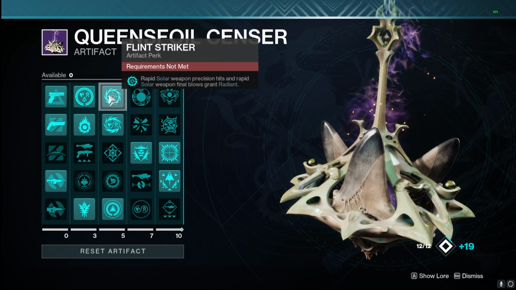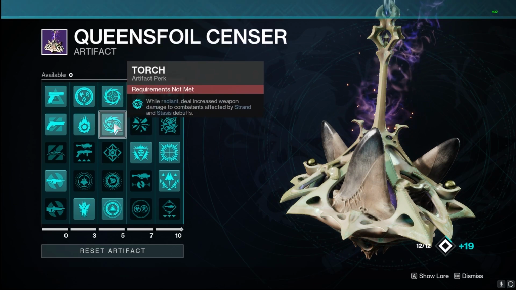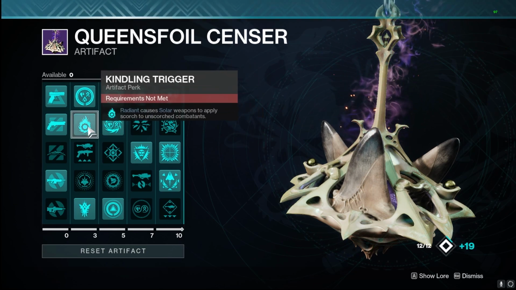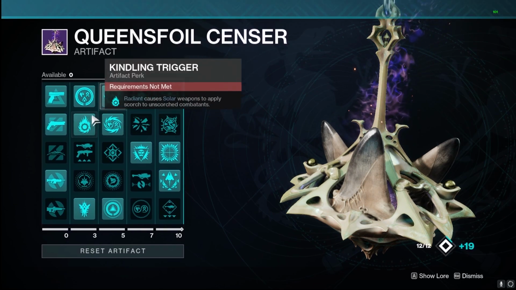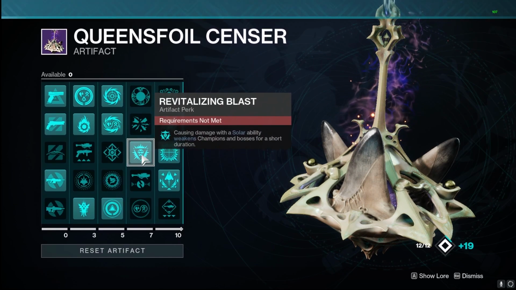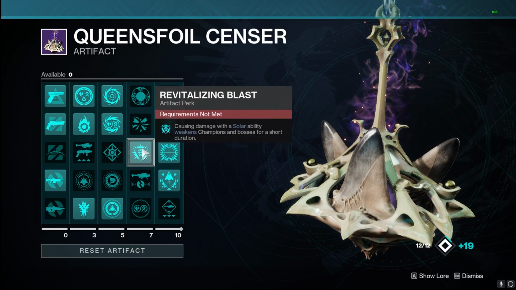solar weapon final blows grant us radiant, so we can do even more damage. On top of that, Torch: well, we are radiant, deal increased weapon damage to combatants affected by strand or stasis, as well as Kindling Trigger: radiant causes solar weapons to apply scorch to unscorched combatants. So the solar synergy of all this is beautiful. We're going to be using Revitalizing Blast, so causing damage with solar abilities weakens champions and bosses, so that'll be super nice with this death throw